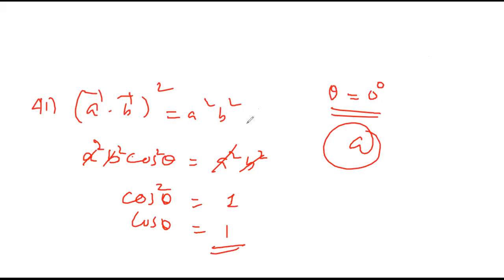So, can you explain this again? So it is the square of A bar dot B bar, right? What is the A bar dot B bar formula? A B cos theta, when squared, everything gets squared. So A square B square cancel, cos square theta is 1. That means cos theta is 1, taking the square root. Cos of which angle is 1? That is 0. Okay. That is possible if two vectors are parallel.